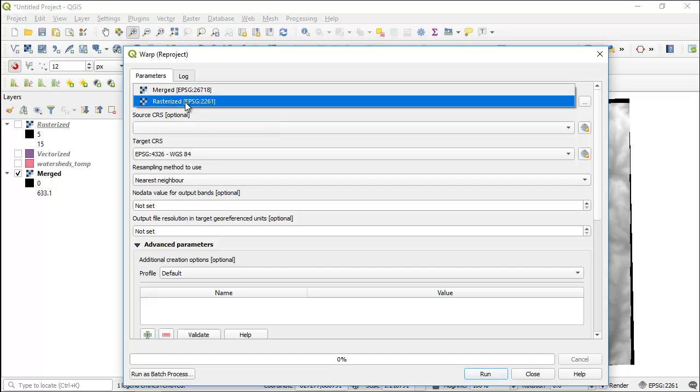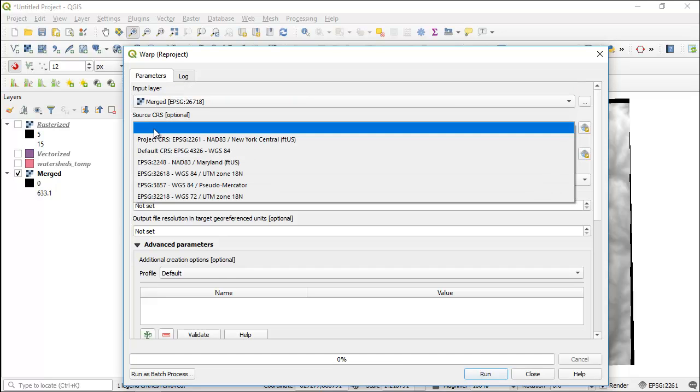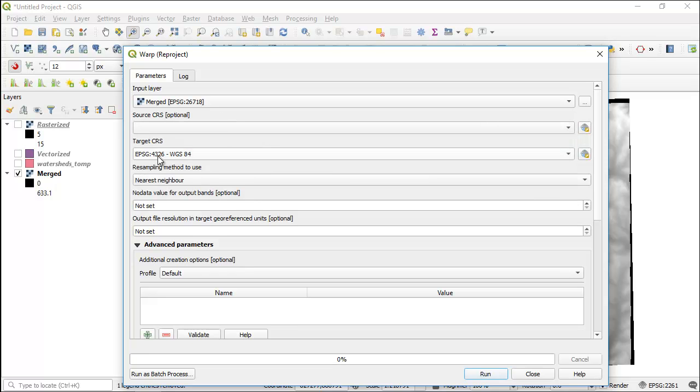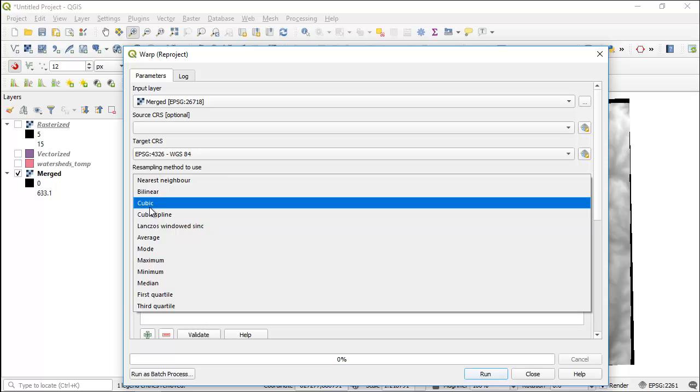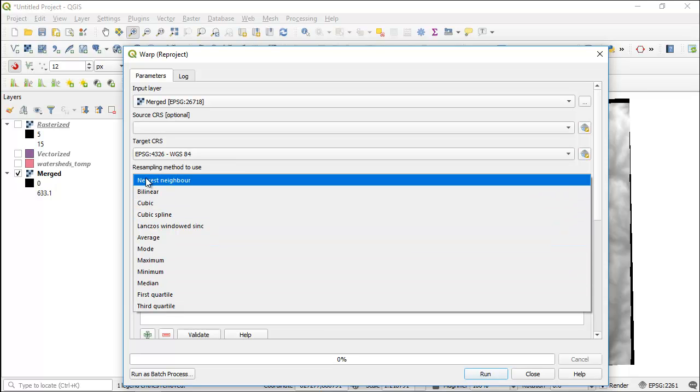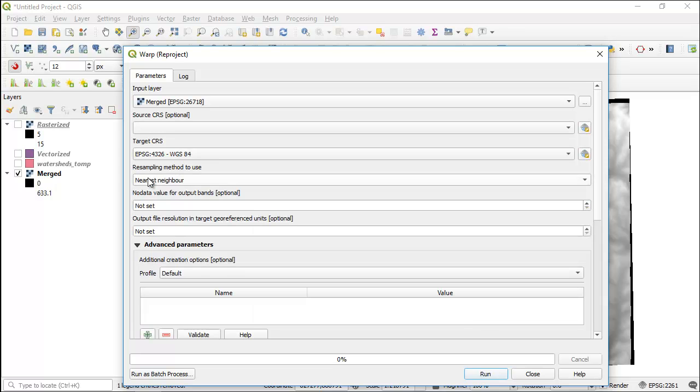And in this case, we'll take the merged layer, and we've got its source, but we're going to project it. Yeah, why not? Let's project it to latitude and longitude, and we'll use the nearest neighbor method for resampling. Now, there's a whole bunch of different methods, and if you took a course in GIS, you'd learn the difference between, say, using a bilinear interpolation versus nearest neighbor. Now, we'll use nearest neighbor. That's going to preserve the data values rather than interpolating them. But let's just run this,